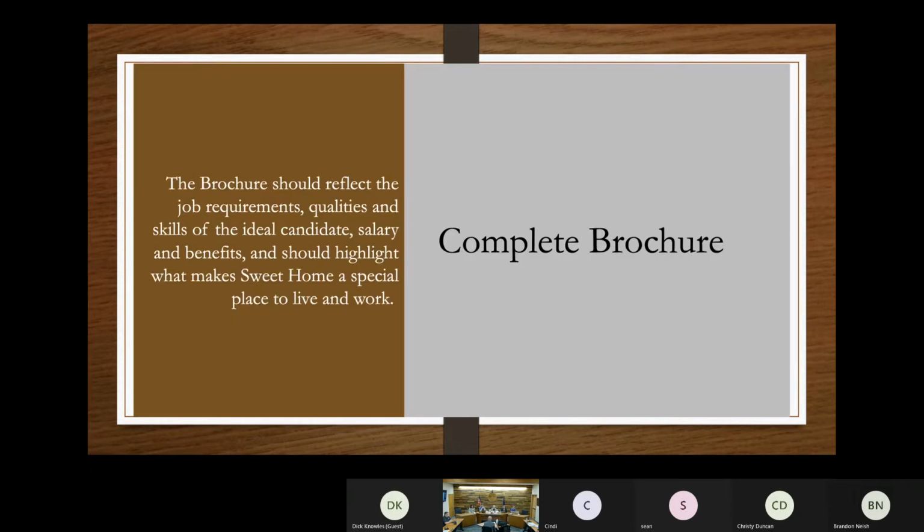So when we're talking about the brochure, I don't think it's any mystery to you all that the brochure is pretty critical in terms of what it is you're selling to your candidates. And so within that, we want to make sure that we've identified what your minimum qualifications are in terms of how much experience and what type of experience you're looking for. And I'd actually like to open that up for some input right now from you all.